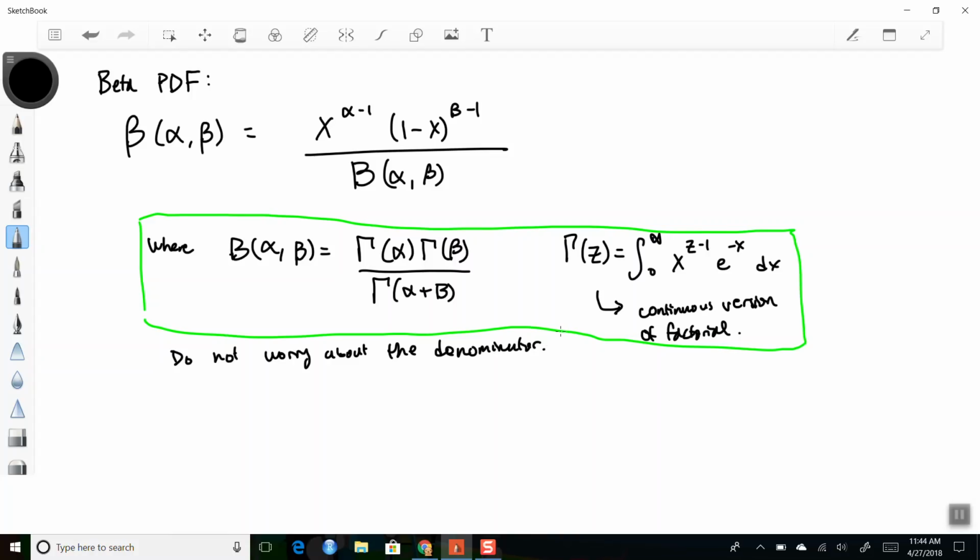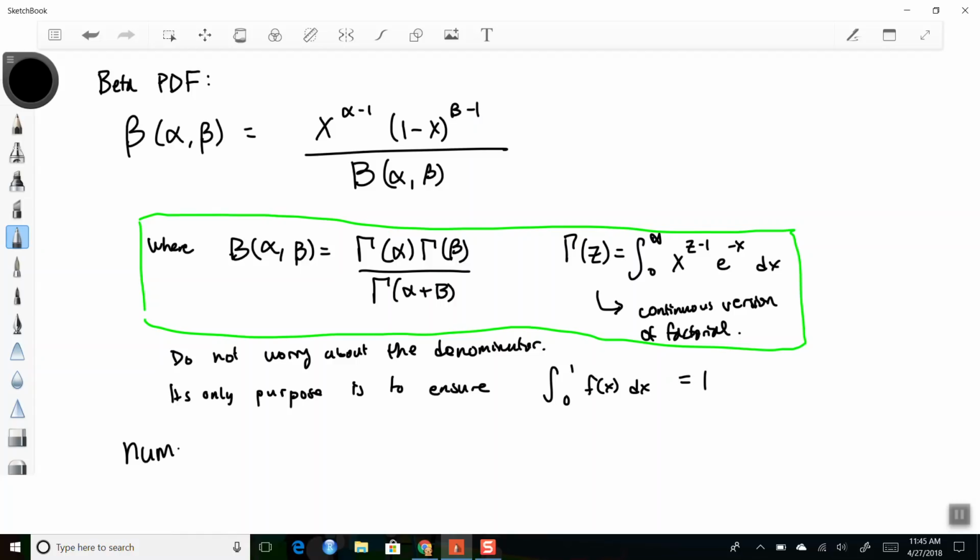Okay, because this serves its only purpose. It's an important purpose, but its only purpose is to ensure that the integral from 0 to infinity, or in this case 0 to 1, of our function integrates to 1. Because for something to be a probability distribution, it has to integrate to 1. And so this thing in the denominator, its only purpose is to make sure that the function integrates to 1. Okay? Only the numerator is important.